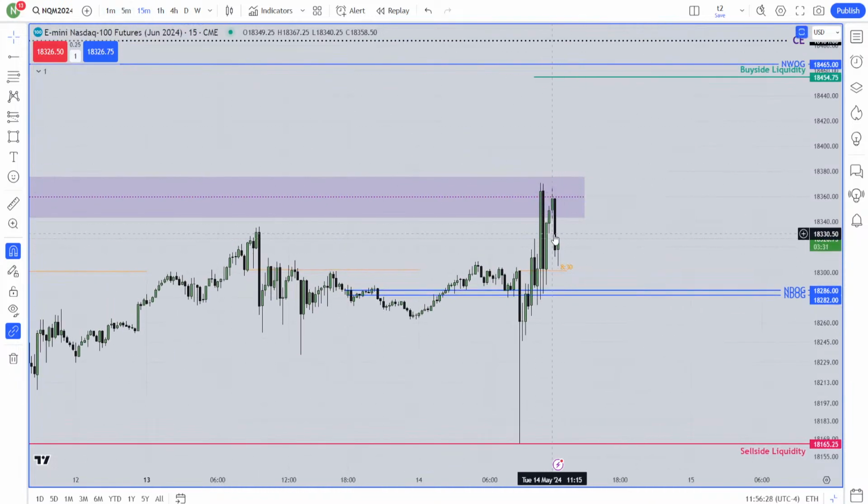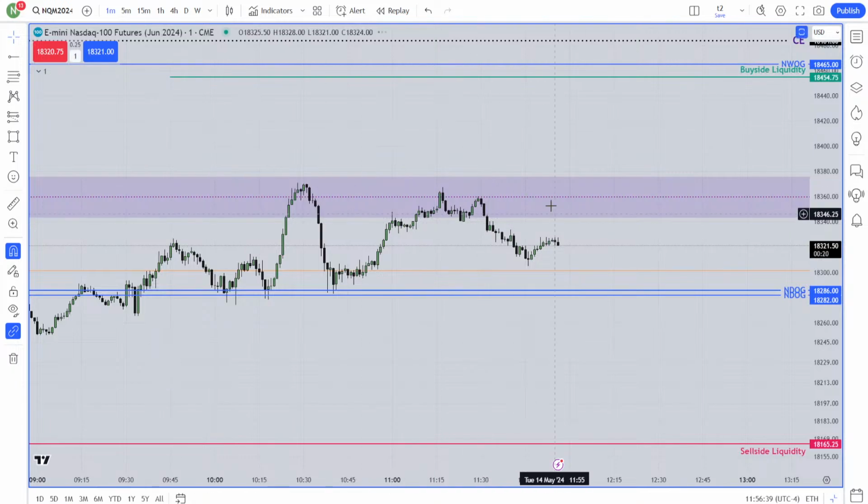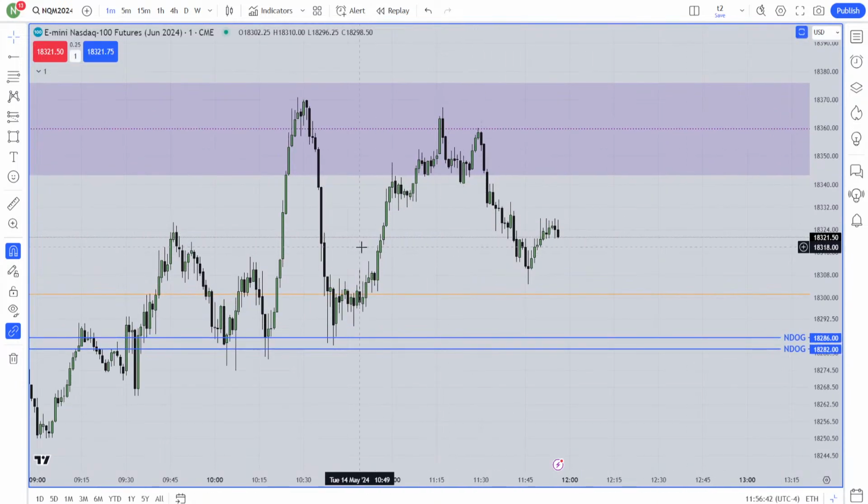If you are able to mark the buy side liquidity and sell side liquidity from the 15-minute chart, then you mark the bearish parabolic gap or bullish parabolic gap. If you are looking for the sell side, it should be the bearish parabolic gap. If you are looking for the buy side, you will look for the bullish parabolic gap from the 15-minute. Then you will be in the 1-minute chart, and you will wait for a perfect market structure shift, parabolic gap, immediate reaction.